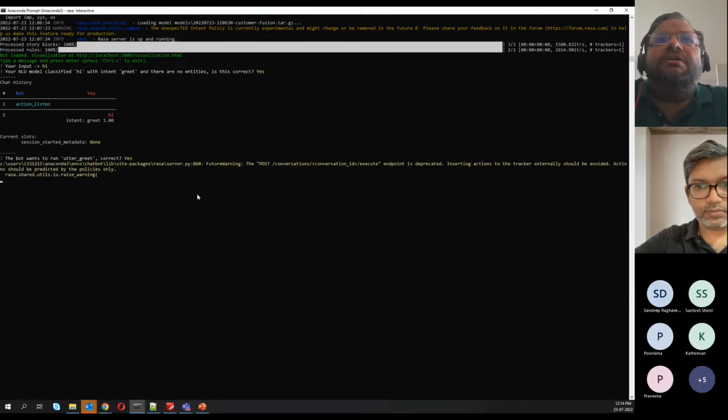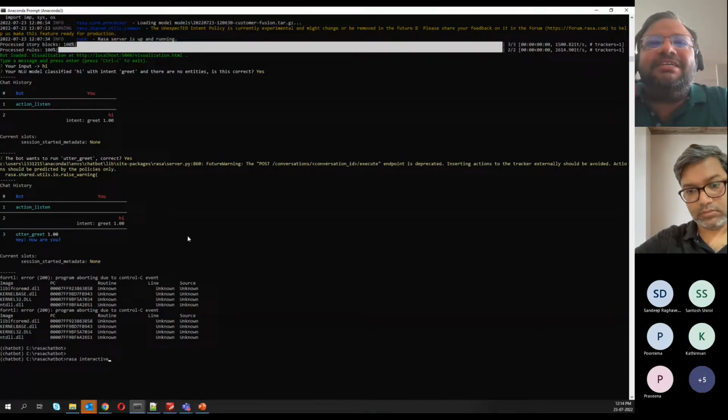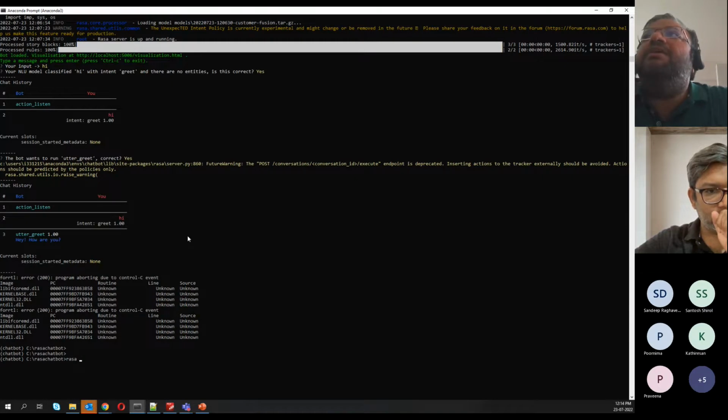The bot wants to run utter read. Correct. Oh, you are in an interactive session, I think. Santosh, yes sir. Interactive is the learning one; it's slightly advanced, we'll come to it later. If you can do a basic one, Rasa shell, just that. Rasa interactive is nothing but it takes your feedback. If it is asking, I will run the goodbye message, you will say no. It will learn that okay, don't say goodbye after maybe a hi message, something like that. It will keep learning.